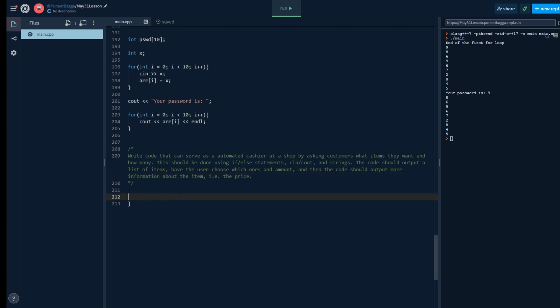Okay, so I feel like everyone had some time to at least look at the problem, maybe come up with a pseudocode sort of solution. So it says: write code that can serve as an automated cashier at a shop by asking customers what items they want and how many. It should be done with if-else statements, cin, cout, and strings. The code should output a list of items, have the user choose which ones and the amount, and the code should output more information with the item, i.e. the price. So let's start off with